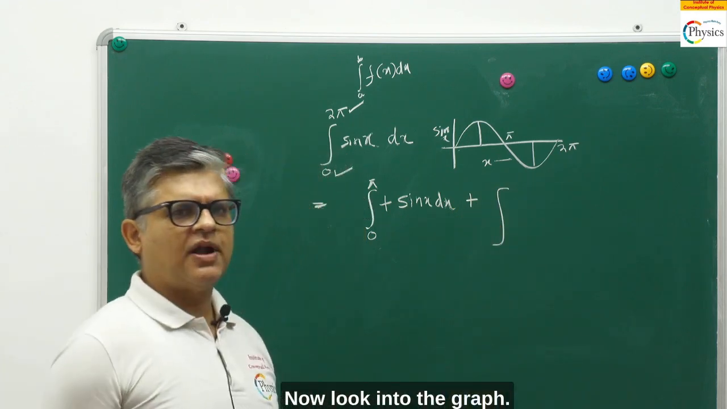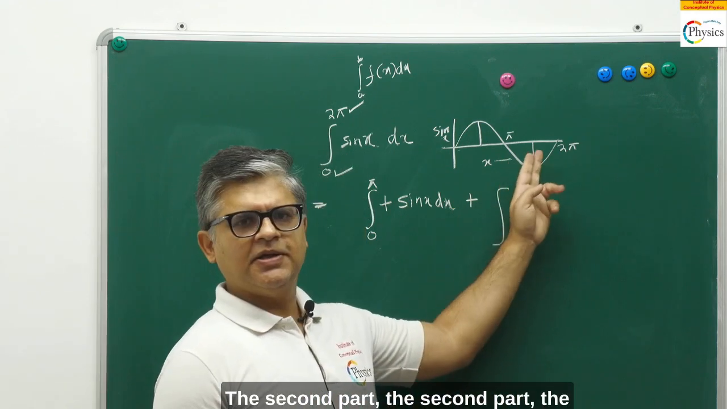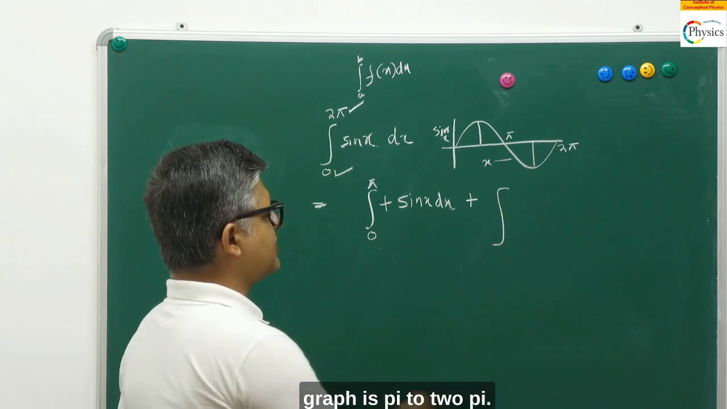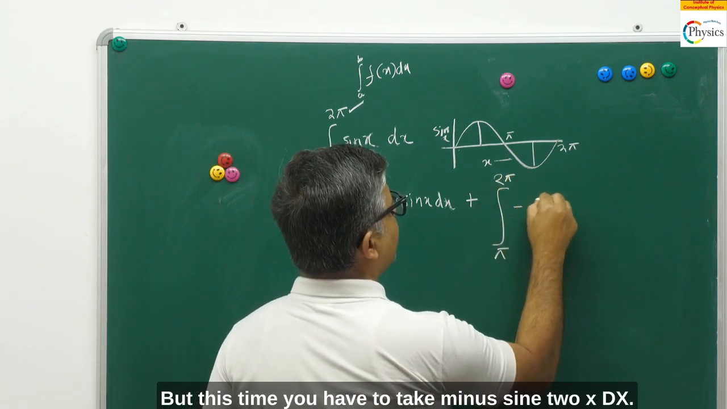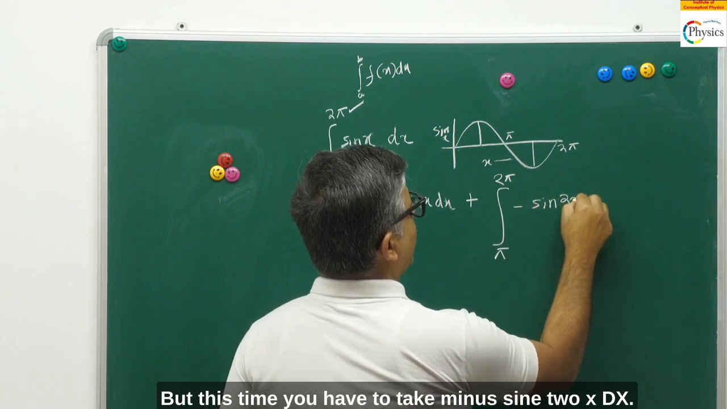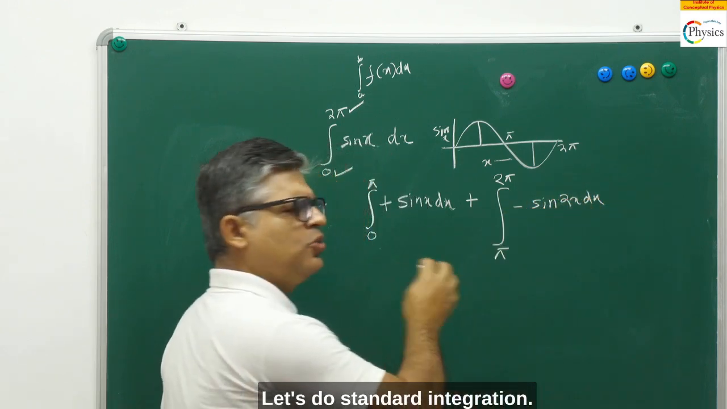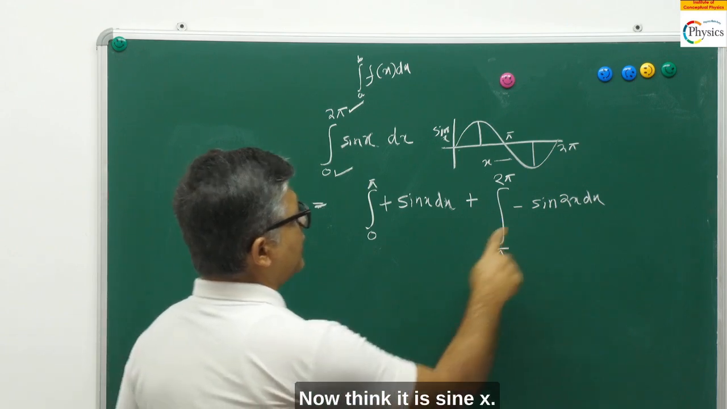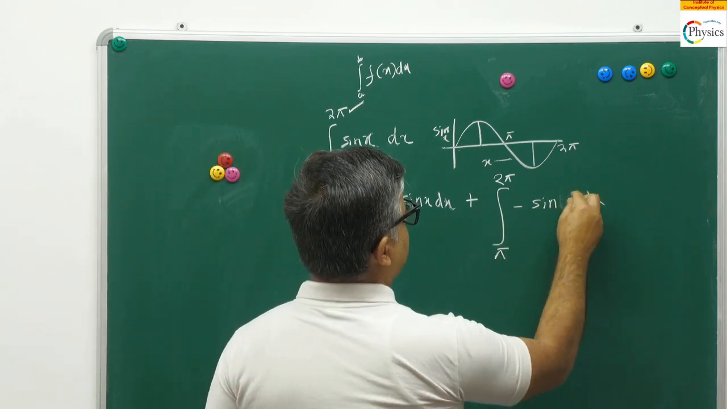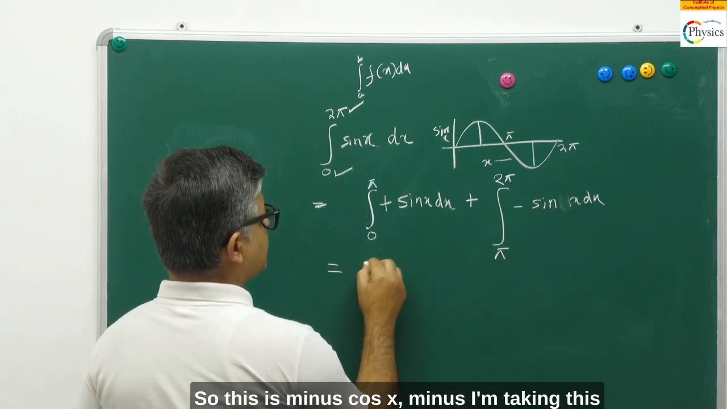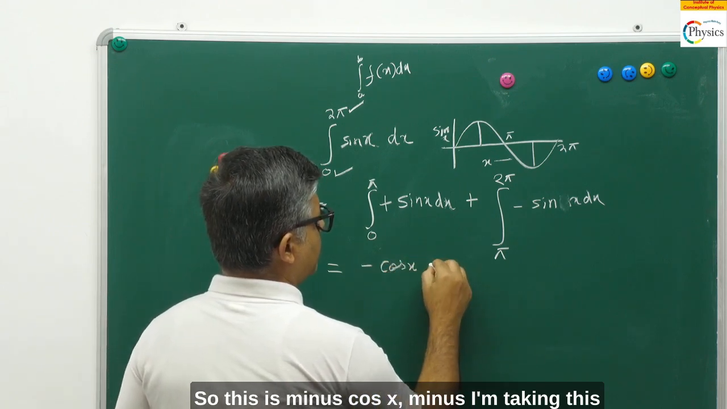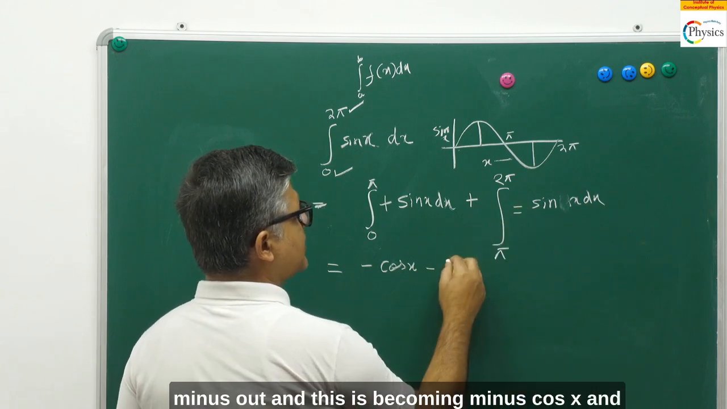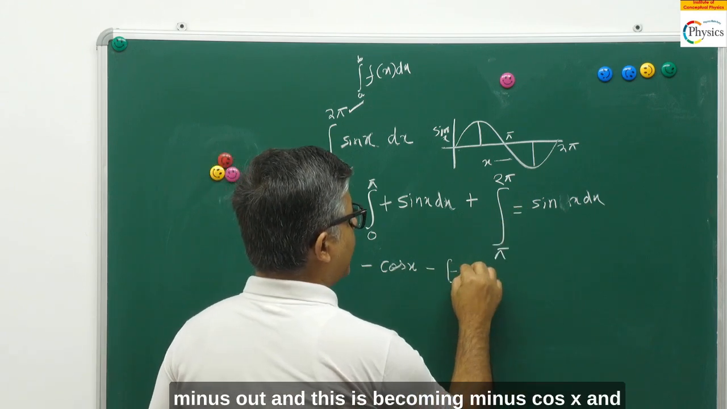Now look into the graph, the second part. The second part of the graph is pi to 2 pi, but this time you have to take minus sine x dx. Let's do standard integration now. The integral of sine x is minus cos x, and I'm taking this minus out, and this is becoming minus cos x,